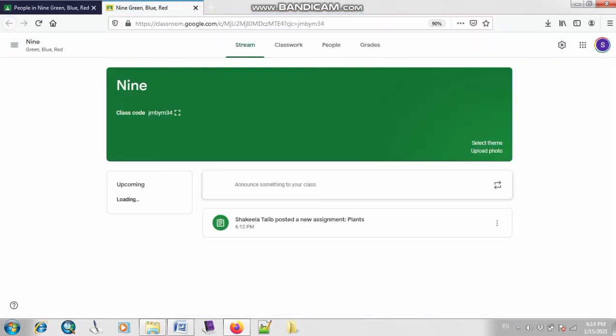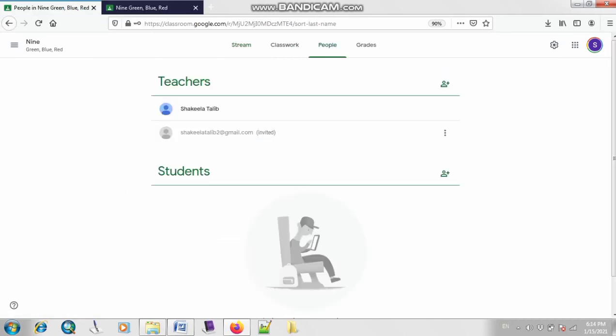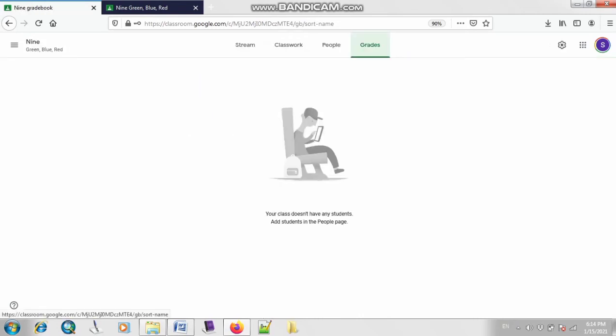Okay, so as you can see the same page is appearing on my side. So in this way we can assign homework and add teachers and students to the Google Classroom. Next we have one more option that is related to grades. Right now there is not any kind of option because this is just a practice and none of the students has submitted the assignment, but when students submit the assignment, all the assignments will appear here and we can check them and we can see the performance of the whole class.